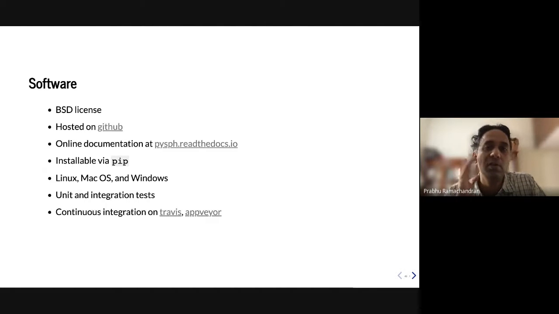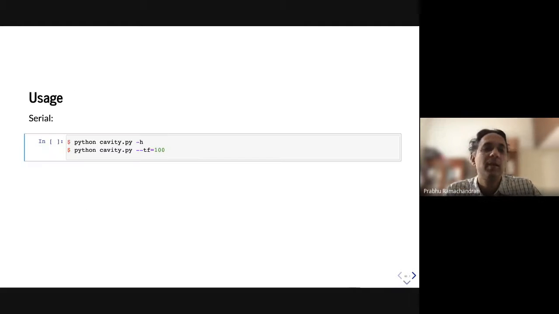We have continuous integration testing on a bunch of these online services. So we try to do a good job maintaining the software. It's hard work. And how you use it is as follows. So if you wanted to run, say, lid-driven cavity, you would write a single Python file, and then you